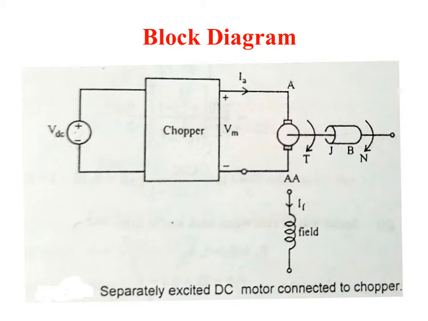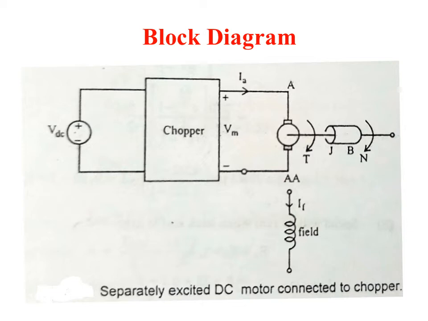Depending upon our convenience, we can use any one of the chopper circuits which are readily available in our subject. That is, it can be a step down chopper, a step up chopper, a type A chopper, type B chopper, type C chopper, or else type D or type E. Whatever it may be, the motor operation we need to control in a different mode. Depending upon our application, we are going to select different types of chopper.